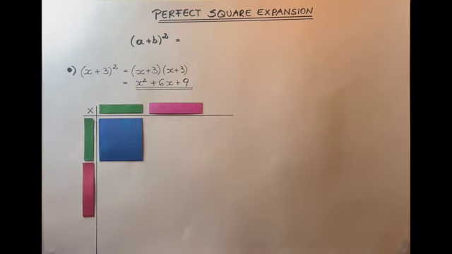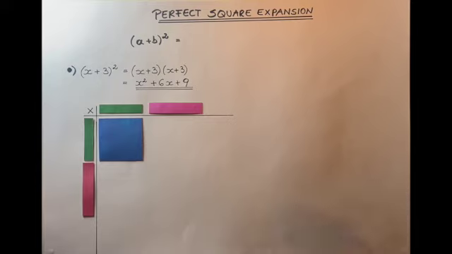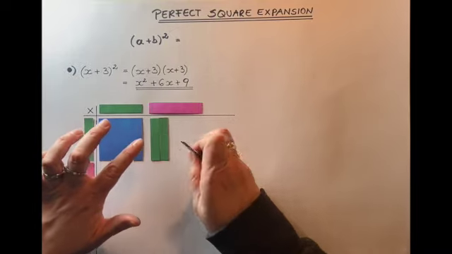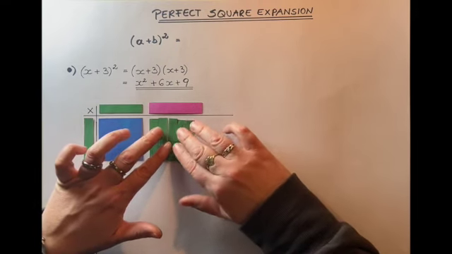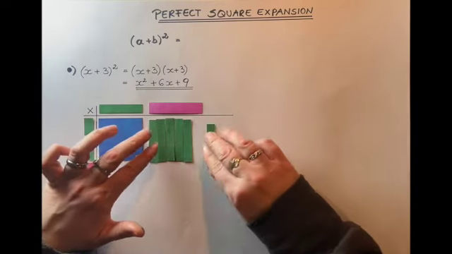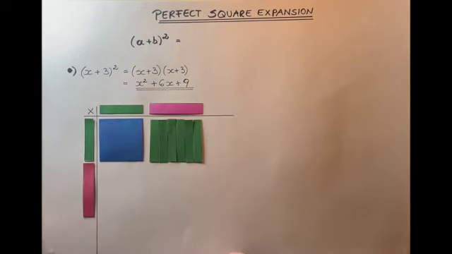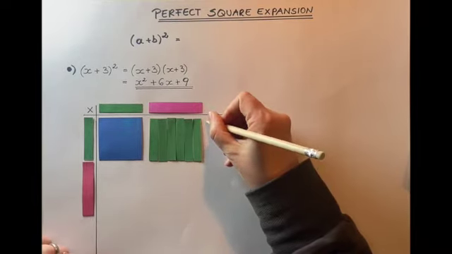Now, what does a times b give us? a times b gives us a rectangle that has a length